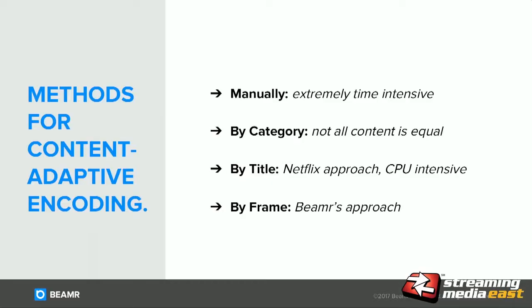And so when we look at the needs of a content adaptive encoding scheme or schema, if you will, we can think about there being four main approaches that we can consider. I want to take a few minutes before we talk more specifically about what Beamr's approach is and what our technology does. But the first is,